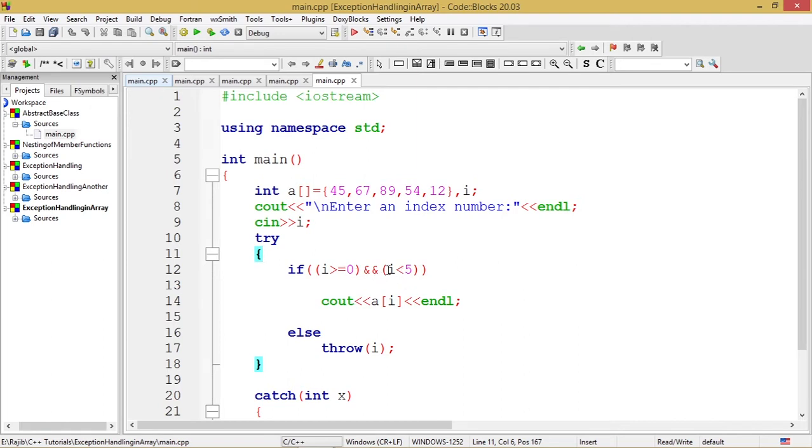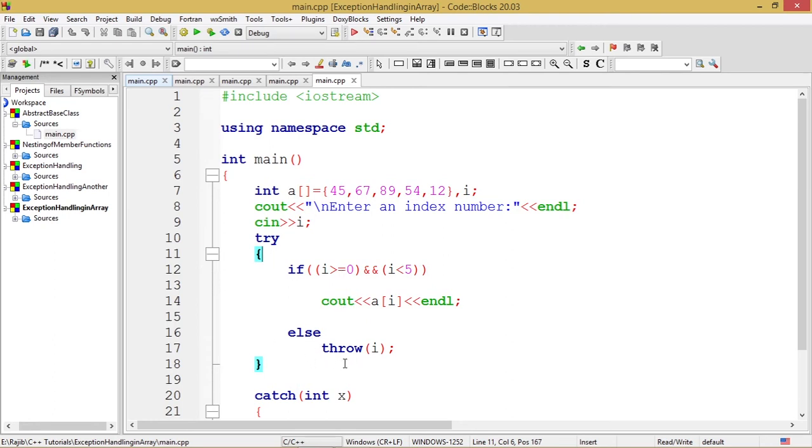When these two conditions hold together, they restrict us within the dimension of the array, and we get a definite result from the statement cout << a[i] << endl. Otherwise there will be an exception, because if even one of these conditions is not met, it will take us beyond the dimensions of the array, and that will cause an exception.